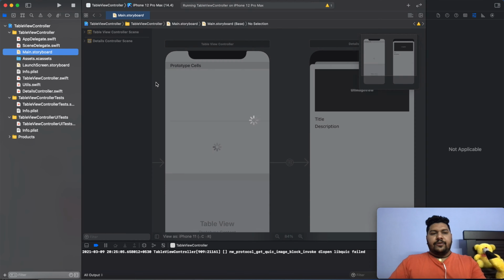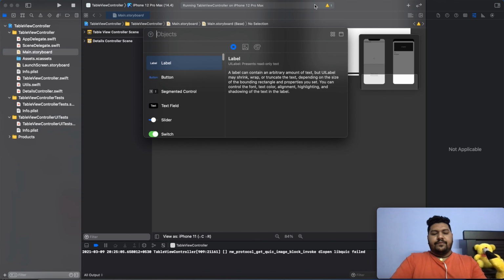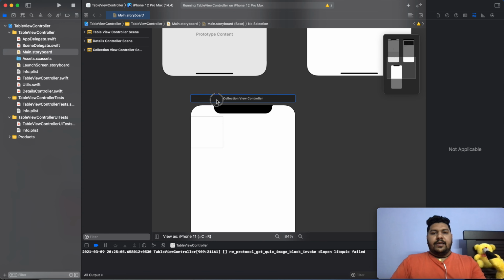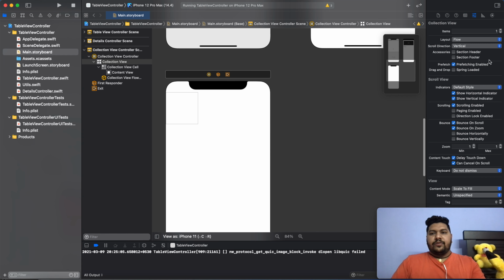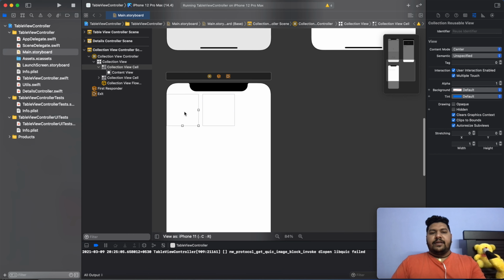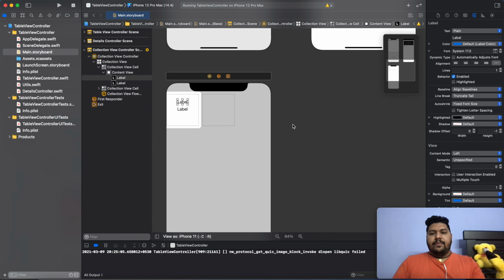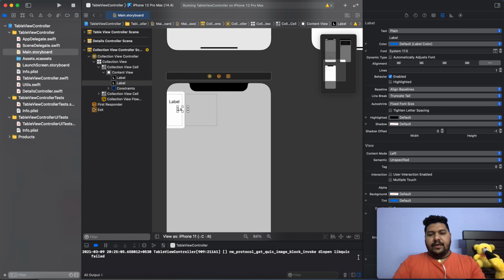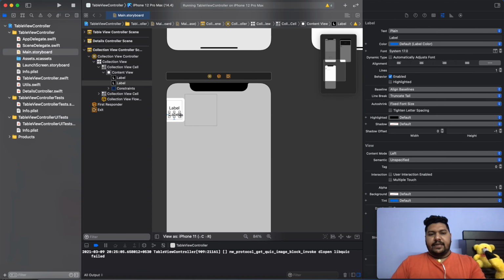At the very first, open your main storyboard. In the main storyboard I am going to take one new collection view controller. Here it is. In the collection view, this is my one cell and I'm going to take one more cell. One cell will represent my title, or we can say label. There are two labels I'm taking. I'm setting the constraints on this label and in the same way on the other label. So this is my label. Here I have set the constraints, and for the second label I'm going to set 0.